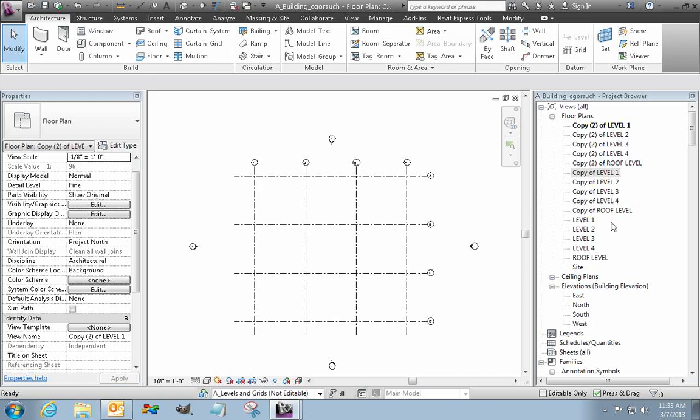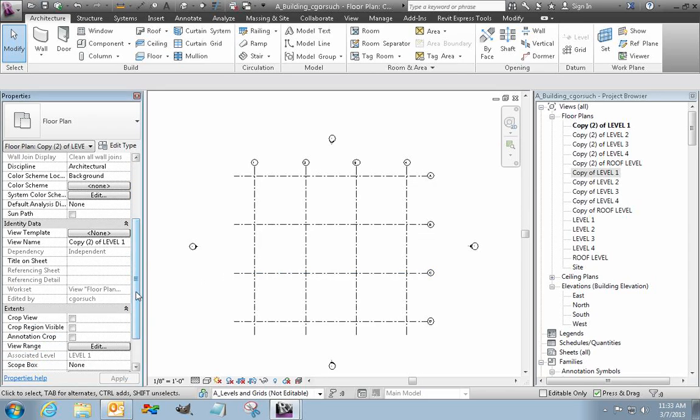Okay, so now we've got 3 copies of everything, and you're looking at this and thinking, I don't like how this is working. How do I keep track of what's what? Well, here's where things start breaking down a little bit. We can have a name of the view. For every single view, there is a view name, and that is the name that appears over here in the project browser. Then there is a title on sheet, because you don't necessarily want the name in the project browser